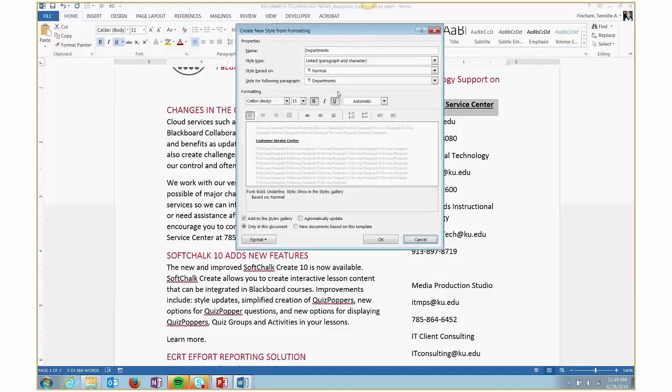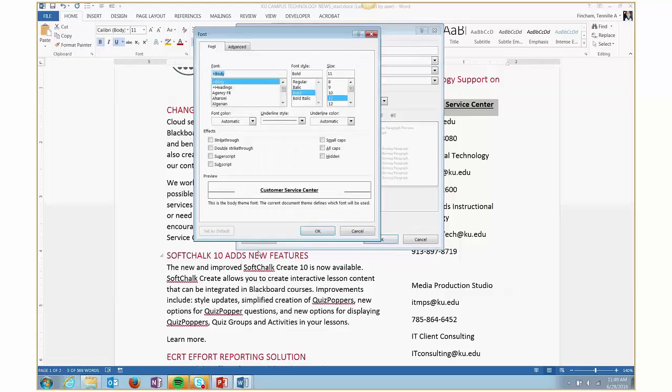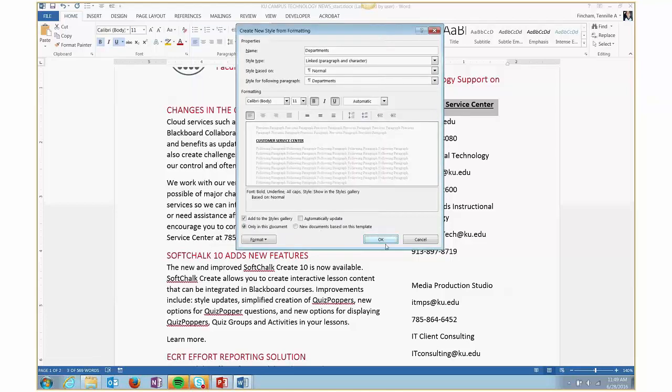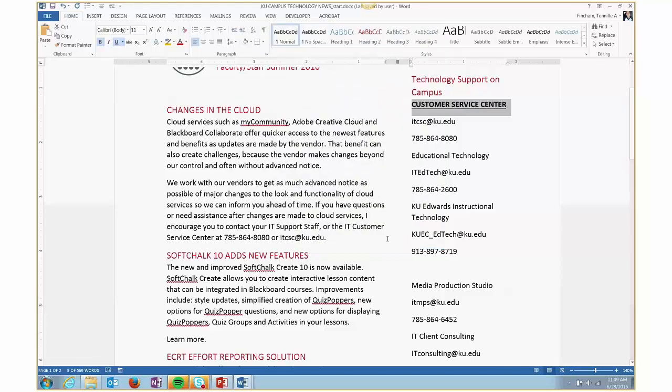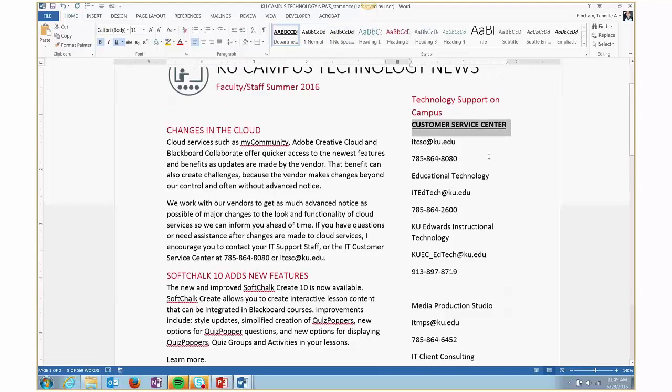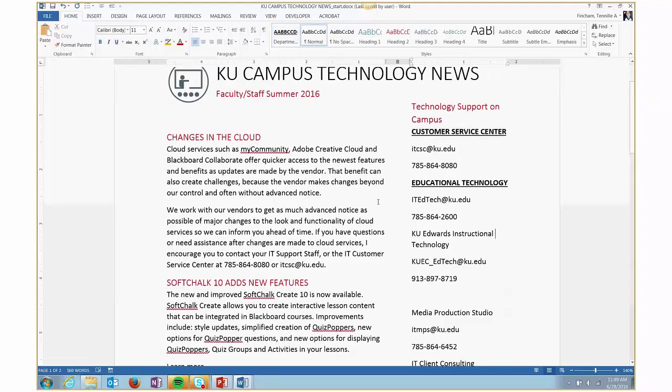And if I choose modify, I could go in and change some of the paragraph settings for this. One other thing you can do here is click on font, and maybe I wanted to make this all caps. I could do that here and click OK a couple of times. And now I have this as part of my style set that I can go in and apply to these additional